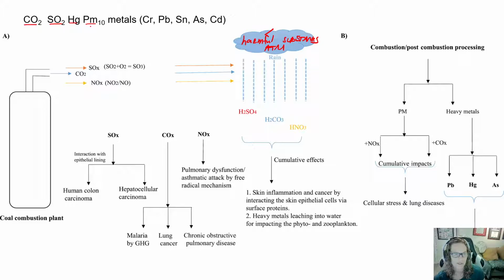Particulate matter, PM10, is really tiny particles that are less than 10 micrometers, and that's like 10 to the negative 12th, I believe. So they're very tiny particles that you can easily breathe in, and it can get into your lungs very easily. Heavy metals like chromium, lead, tin, arsenic, and cadmium. How'd you do on your chemistry symbol review? So these particles are in the coal, they're in the ground as the coal's forming, and they become into the atmosphere as we burn it.